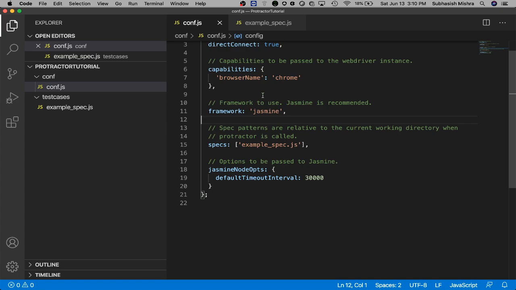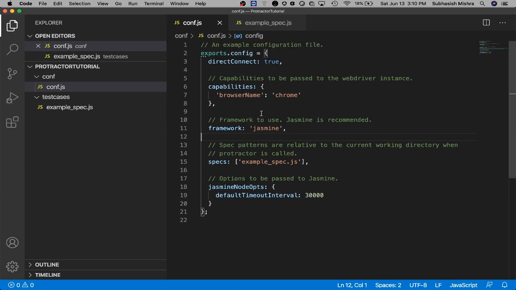Now let's understand the conf.js file before our test execution. As it is an example configuration file, it contains the minimum configuration required to run a Protractor test. Here it says direct connect as true. It means we don't have to connect the Selenium server separately. Here we are seeing it is using the Chrome browser.